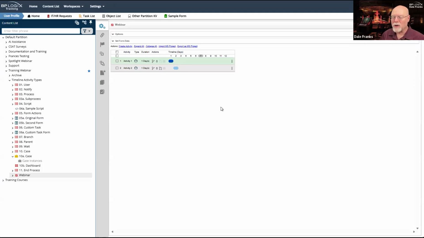These dependencies are super important, because you don't want every activity on your timeline to immediately start when the timeline starts, but also in the context of doing the different types of activities that we're doing. Because if I try to run a script at the same time I run a user activity, the script will fire, and the user activity will fire.